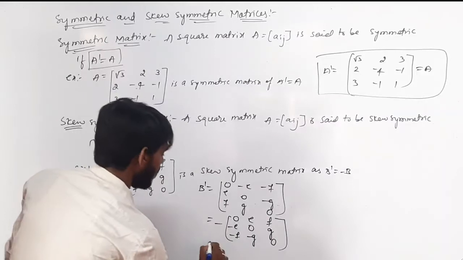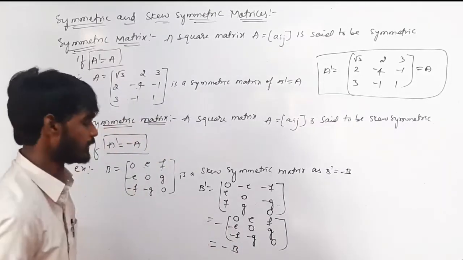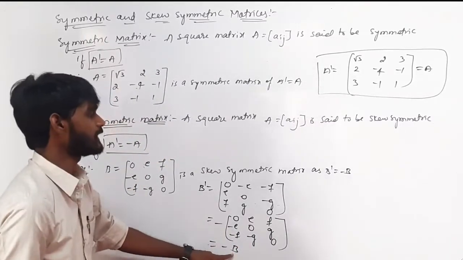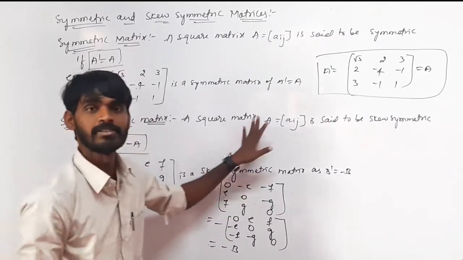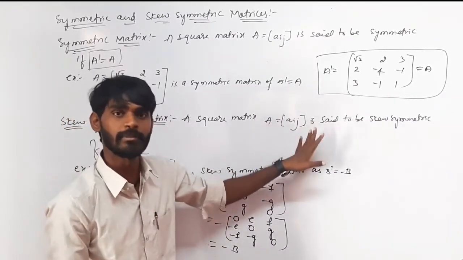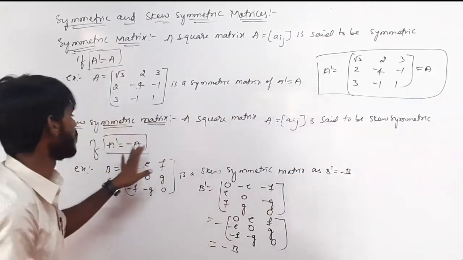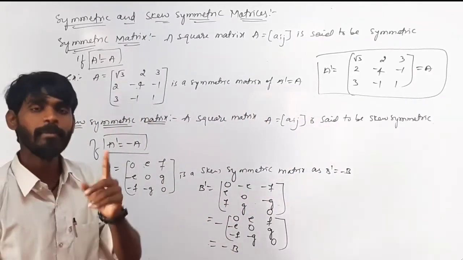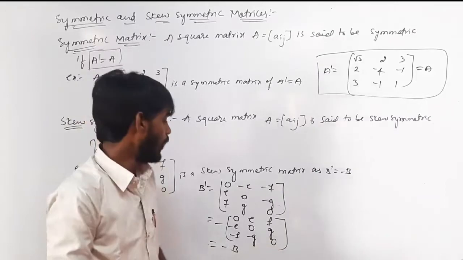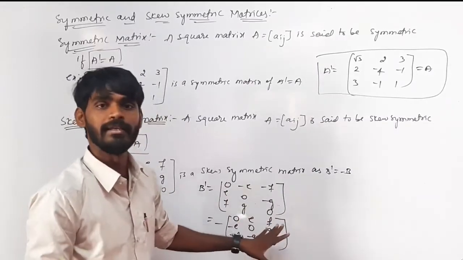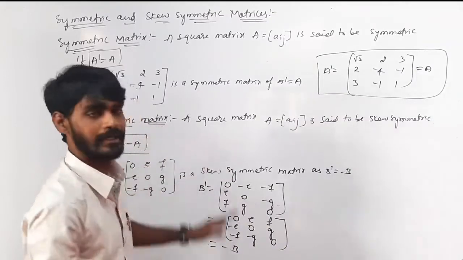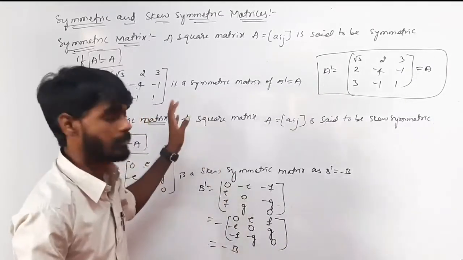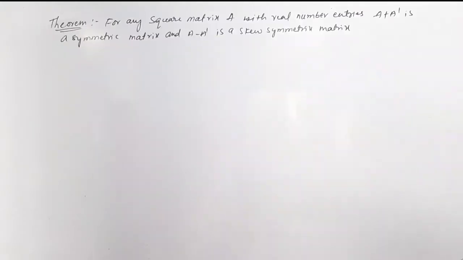So look at here, this matrix will be B matrix. So B matrix is called a skew symmetric matrix. That is, a square matrix A is said to be a skew symmetric matrix if A dash is equal to minus A. So remember one thing, all the diagonal elements will be 0 when we take a skew symmetric matrix. Okay, so please follow the video note.